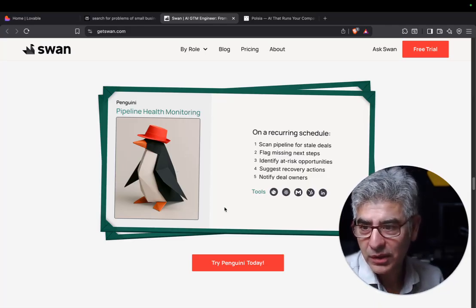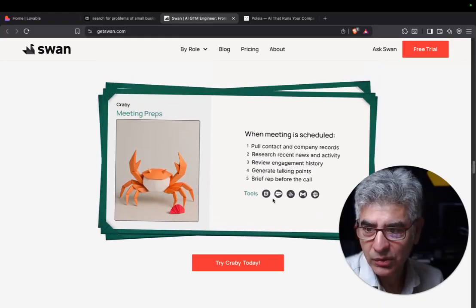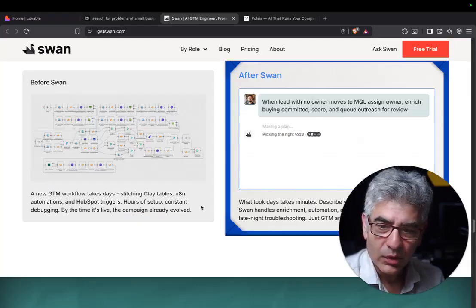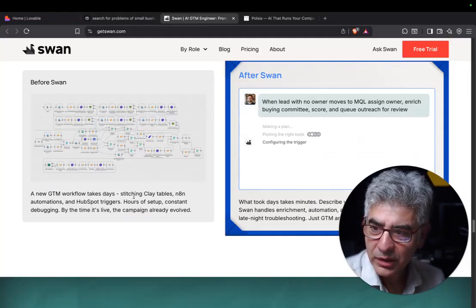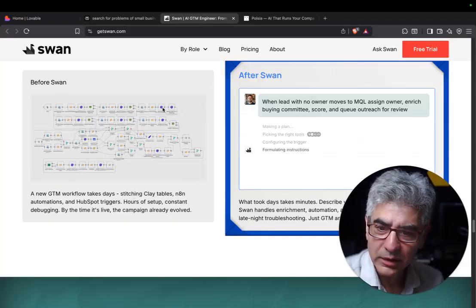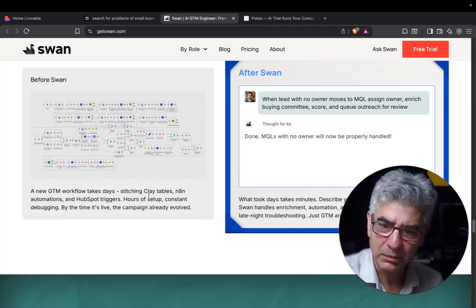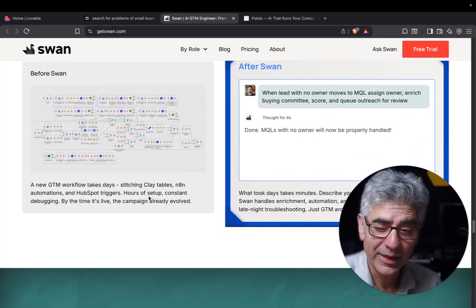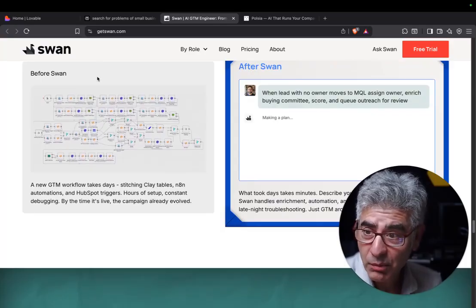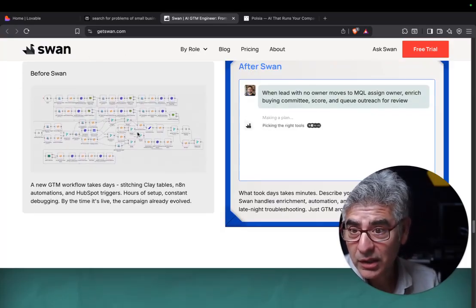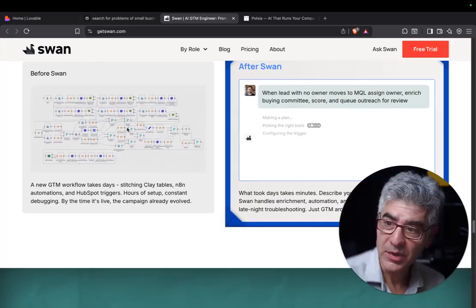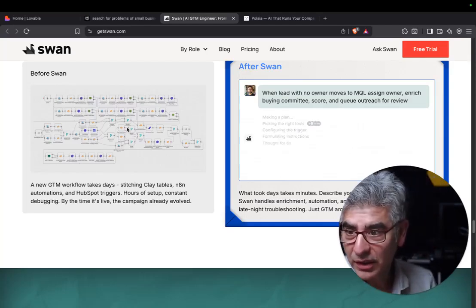So this is, as you can tell by the examples, also quite geared towards e-commerce and similar things. And they're comparing it to building stuff out in Clay and N8N automation, HubSpot triggers. And if you think about most businesses, most businesses haven't even done anything remotely similar to this crazy image that you can see on the left hand side.